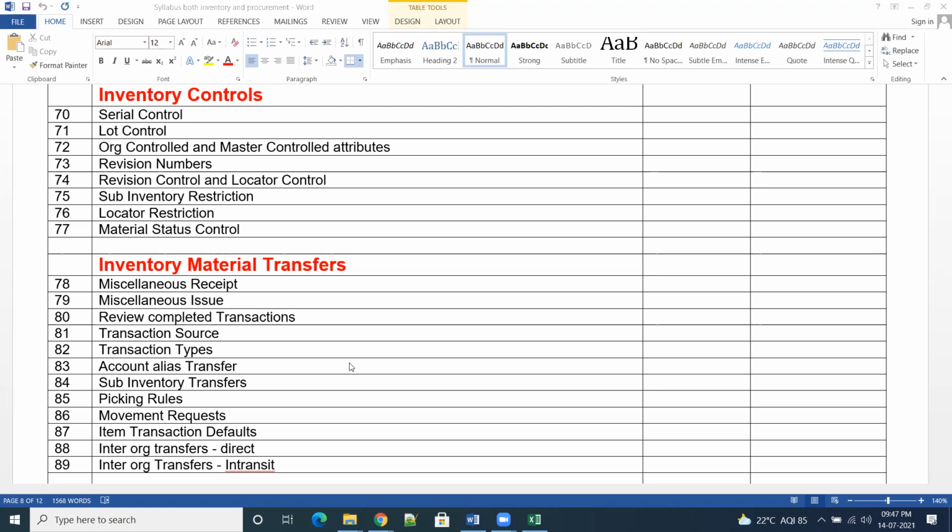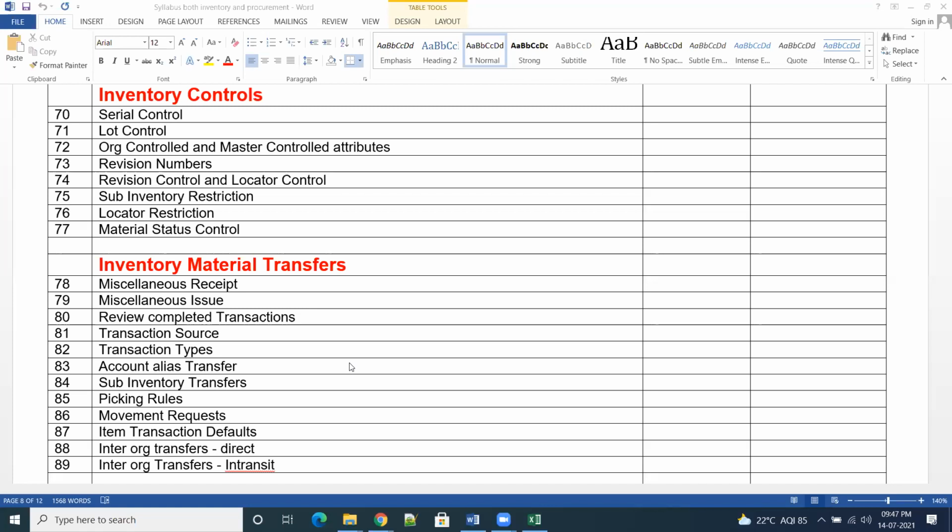Okay. So if it is sub-inventory transfers, then it is not a document kind of transit. All those things won't come into picture. The system will directly move the material from one sub-inventory to another sub-inventory under the inventory organization.